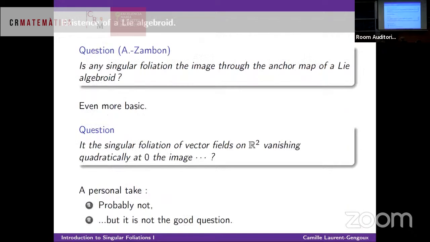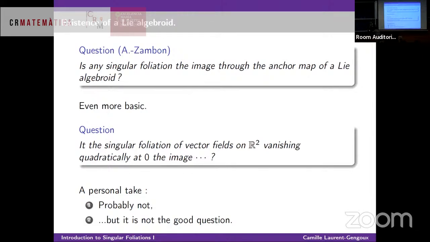Okay, how much time do I have left? 15 minutes? Okay. So, okay, and I jump to a totally different type of question. Well, maybe not totally different, which has been around for quite some time. So it's Androulidakis and Zambon,